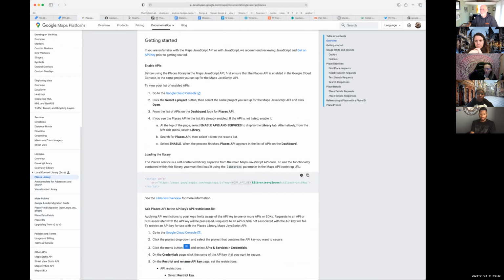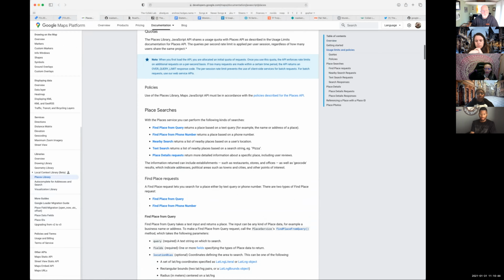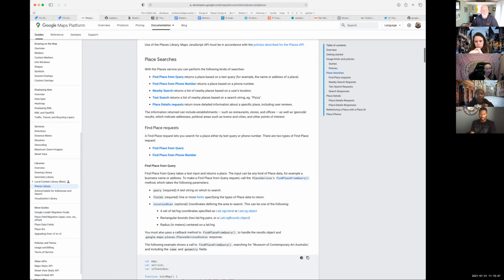Yeah, both. I mean, it should work for both. So I think you can just do this. I believe it has the ability to do just a query, like a text string query, like anything that you would put into Google Maps. If you wanted to search for the Doll Asylum or whatever, you could do that. Or if you wanted to search for the intersection of 43rd and whatever.